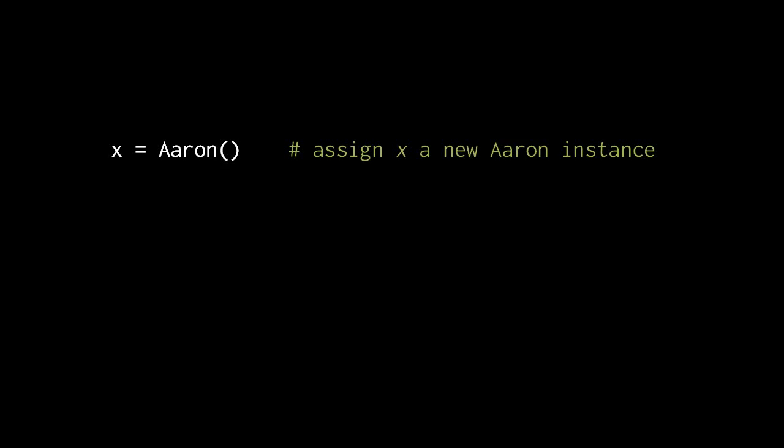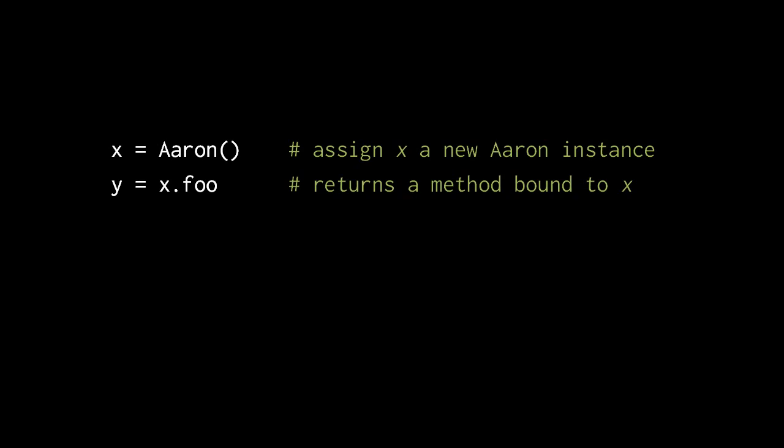Let's look now at how method calls work in Python. The goal here is when we invoke a method, say x.foo, x somehow has to be passed as an argument to the method. So assume we have some class called Aaron, and that class has a function in an attribute named foo. If we then create an Aaron instance and assign it to a variable x, and write x.foo, that